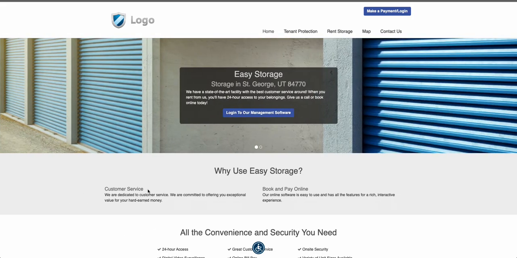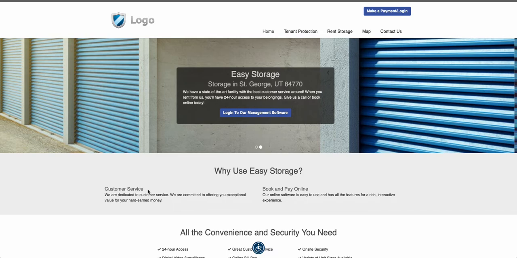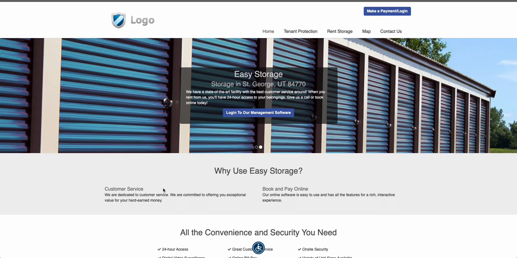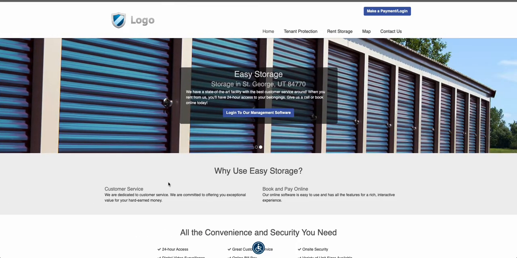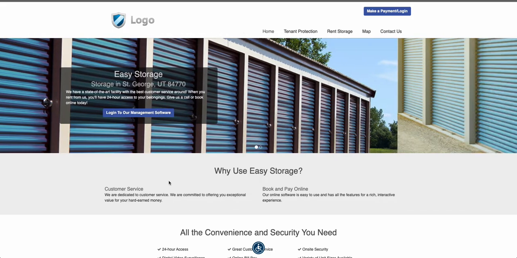I specialize in the Store Edge software as well as the Easy Storage software. And today I'm just going to show a quick video of a demo of the Easy Storage software. So if you want to get to the Easy Storage demo page, it's just